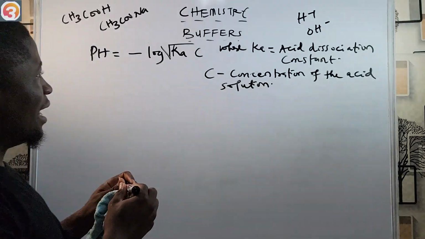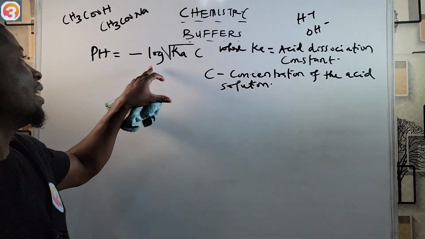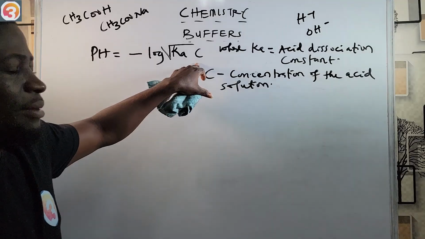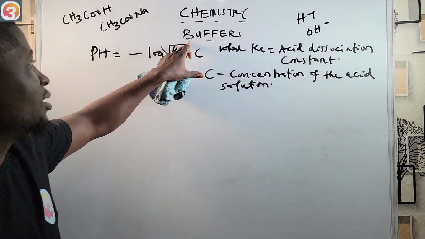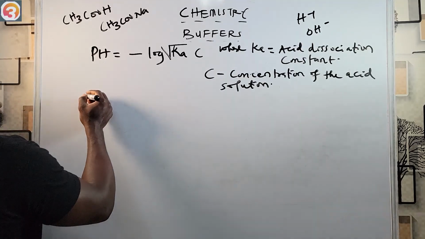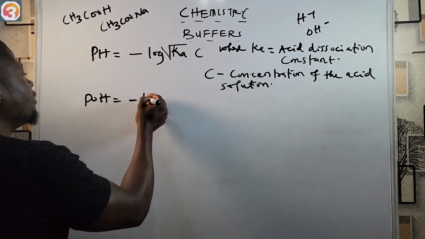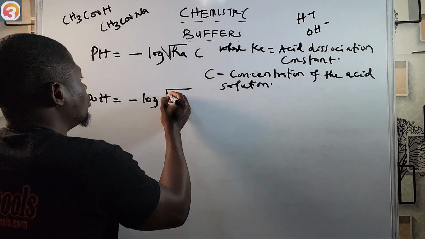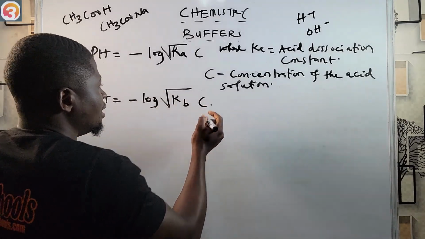This C is not under the square root. Now pOH, on the other hand, is negative logarithm of root Kb times C,